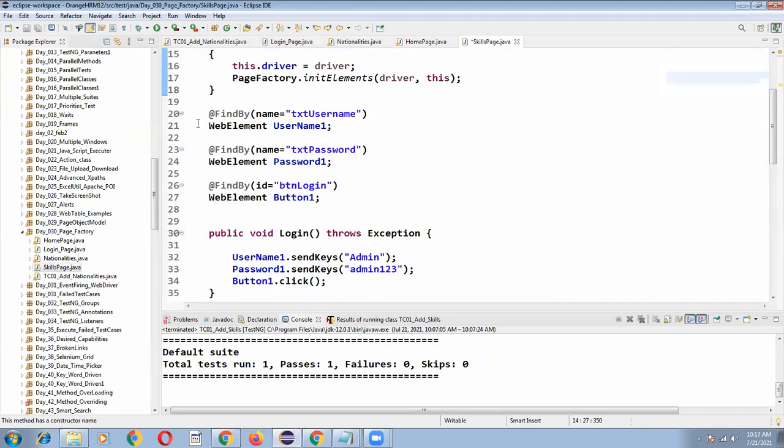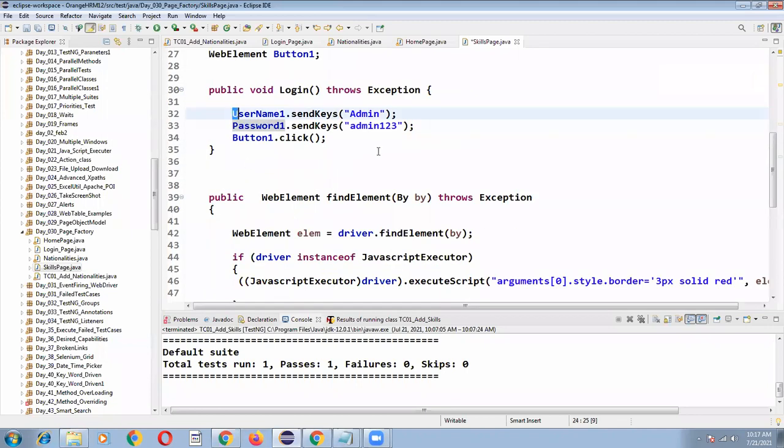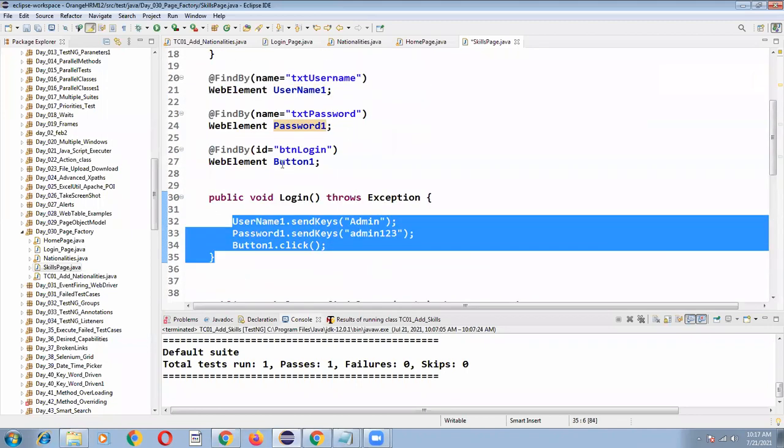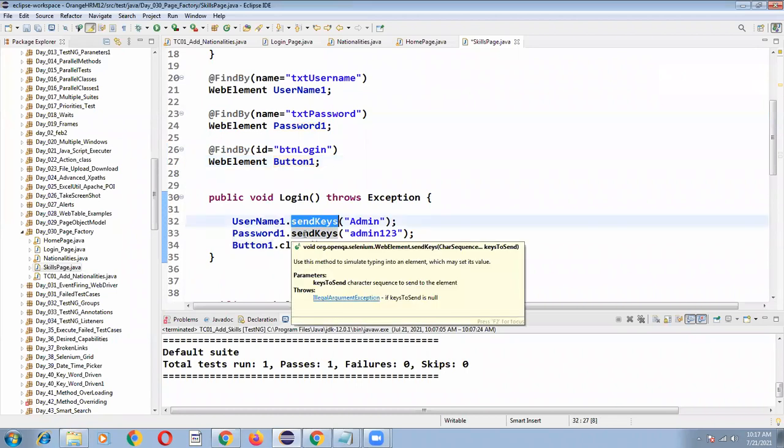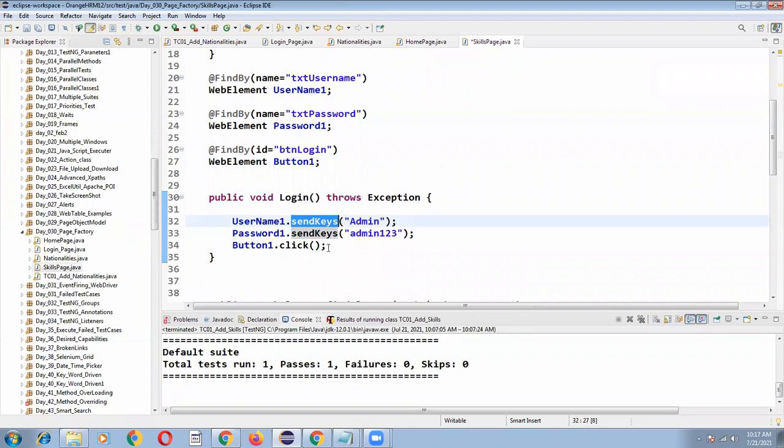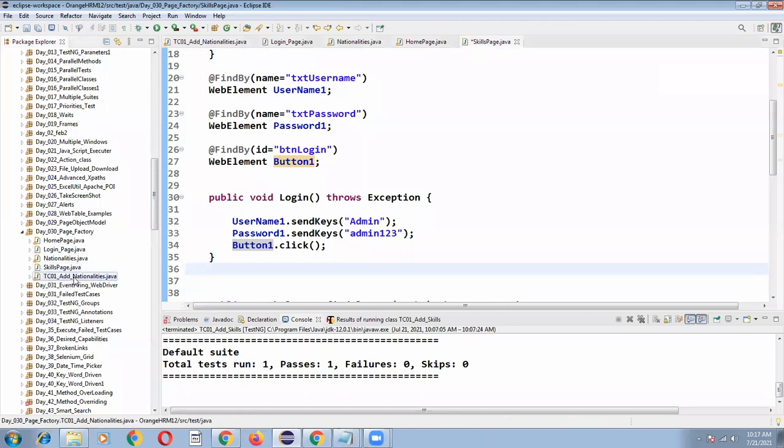So I have to create the web element objects. Whatever properties are there, you give those properties and write the set of driver instructions, whatever names: skill name dot enter. Admin, qualification, skills, and skill name enter, skill description enter, and skill save button dot click. You can write whatever names you have given. Once you develop the skill space dot page, you can copy this one and paste it here.